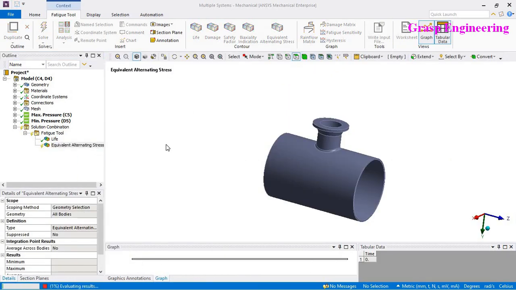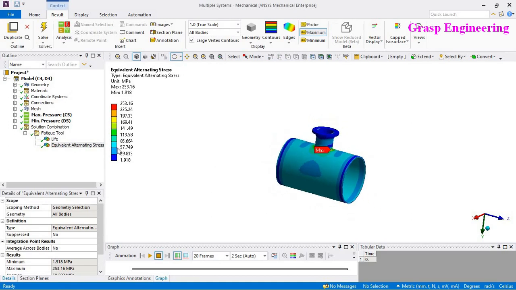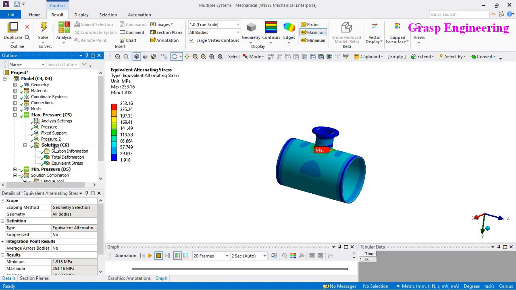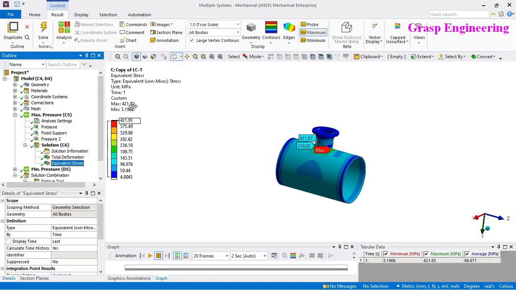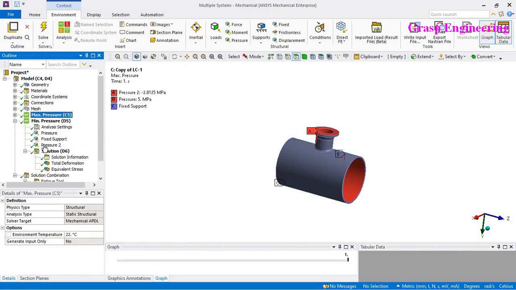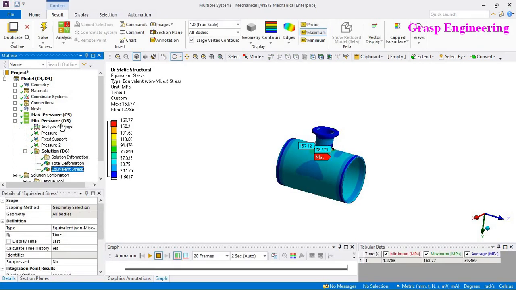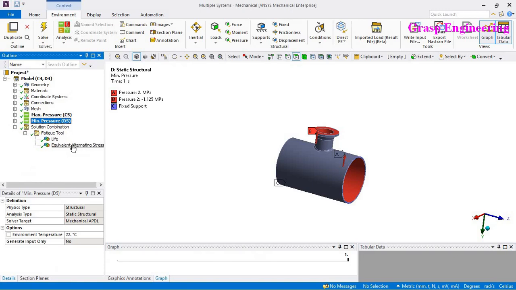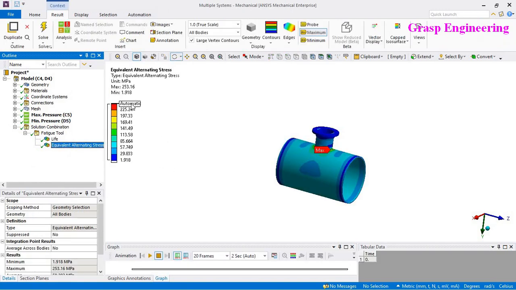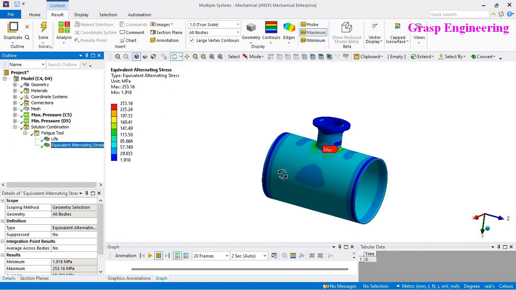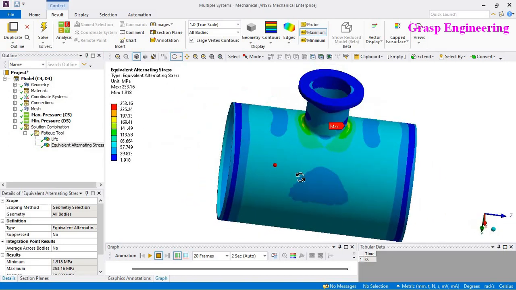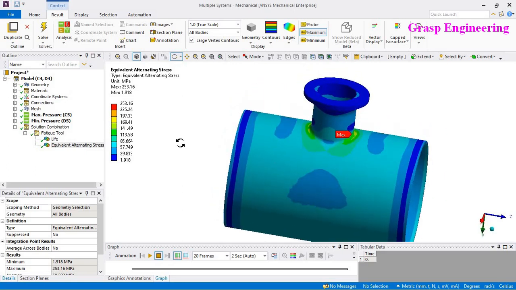Solve. So in general it should have the subtraction, that is like 421 minus 168. So basically if you do a linear combination, 421 minus 168, you should get approximately 253. Okay, so this is nothing but our equivalent alternating stress.